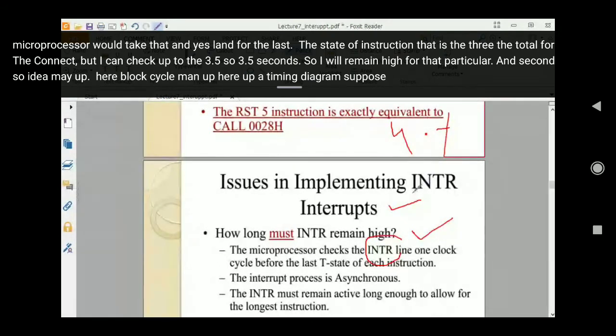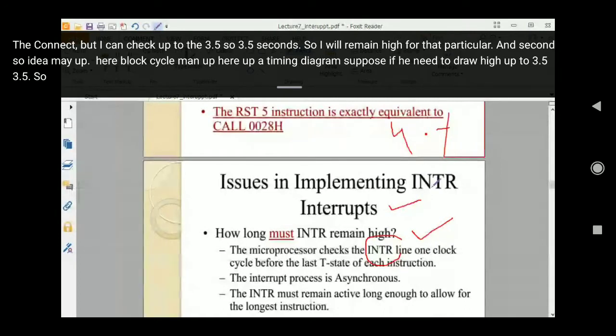उधर मैं नीचे लिख सकेगा कि enable the INTR control line also. This interrupt line भी enable करो बोलो. So you need to draw high up to 3.5. So 4 clock cycle है आपका जो भी इंस्ट्रक्शन है, opcode phase का जो भी 4 cycle पहले गया, उसका 3.5 तक हम लोग को उधर में enable करना है.